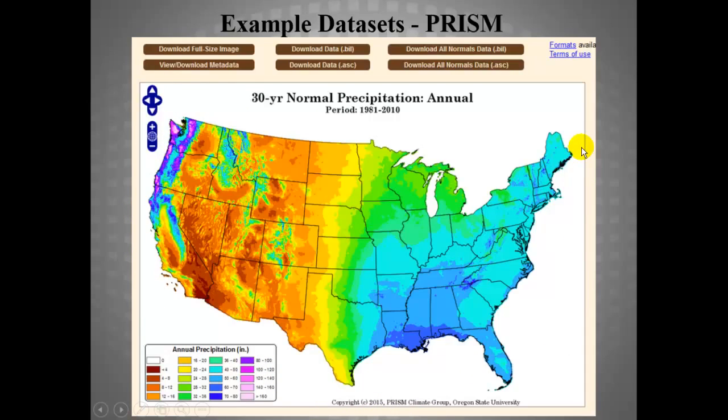There are two different resolutions, two different cell sizes you can get, and you can get the annual precipitation for any of the areas in the contiguous United States. Just looking up here, you can get an image, which is a raster. You can get data in a BIL format, you can get data in an ASC format, and you can get metadata. So all these things should kind of make sense to you now. What metadata is, I talked about raster and the different formats. So these data sets are single band data sets in a variety of formats. And that's where you can get climate